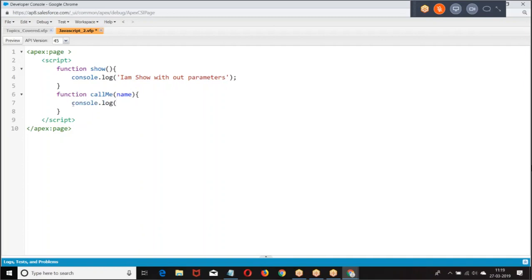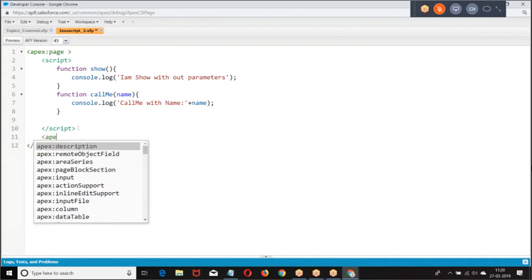Console.log. Call me. Okay. I gave two things here: function show, and function call me with parameter.